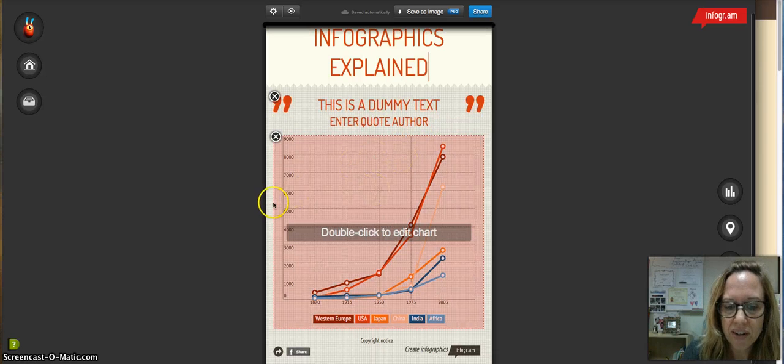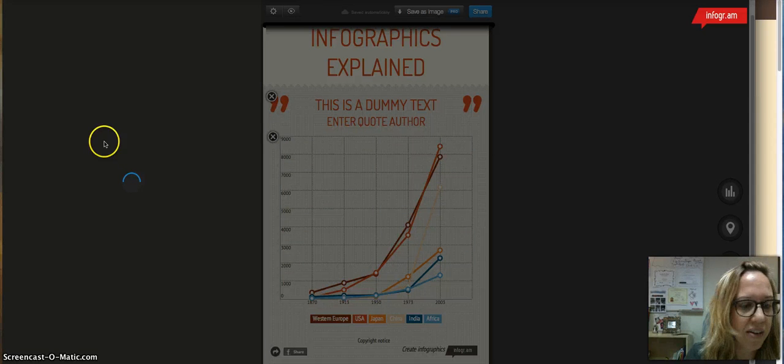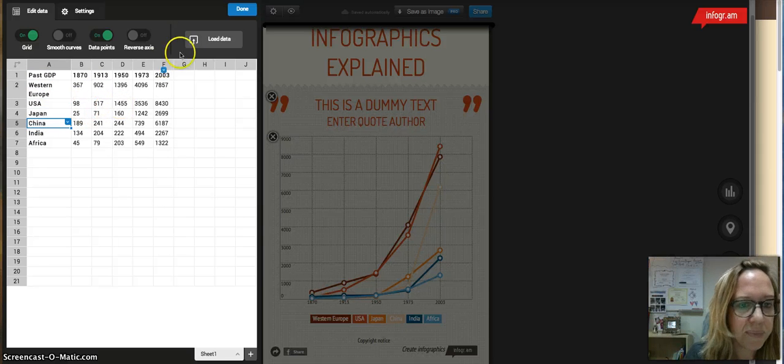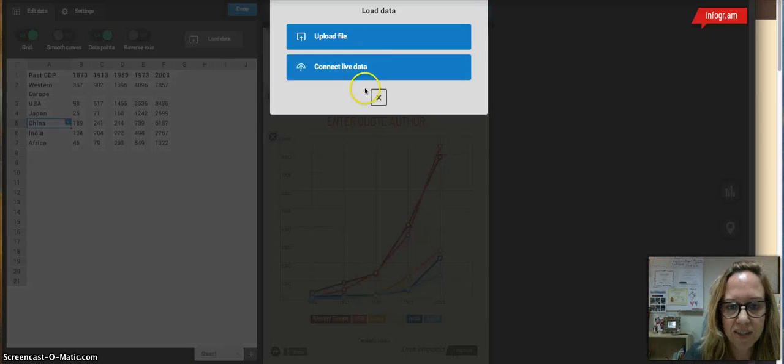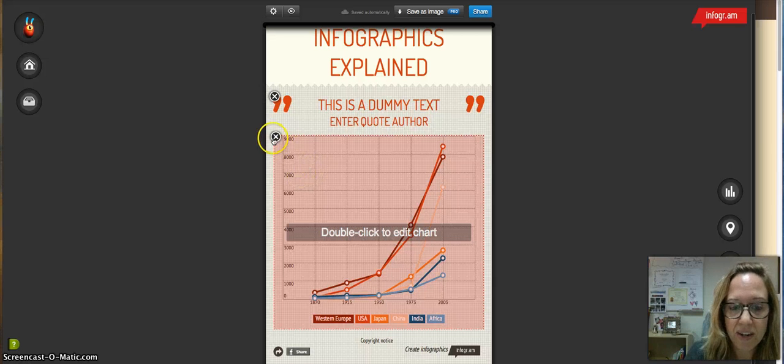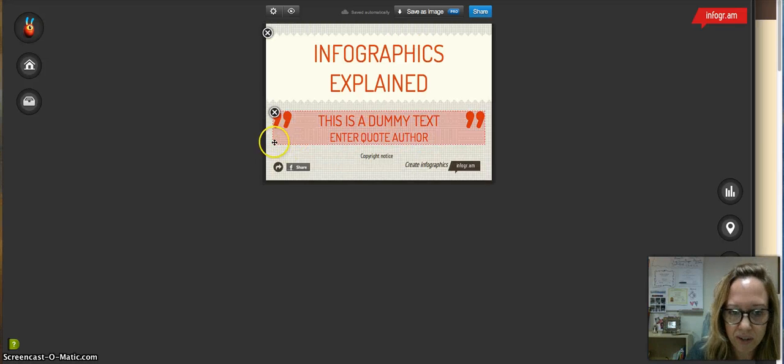Then down here, it defaults to this line graph. If you were to double click this, it's going to default to your line graph, and you can't do anything but a line graph if you just double click that in there. You can actually just put your cursor in and change all of these labels and the data. You can also load data, let's say if you've got a file that you can upload, or if you've got live data that you want to upload as well. Now, if you don't want a line graph, you just click, exit out, and then